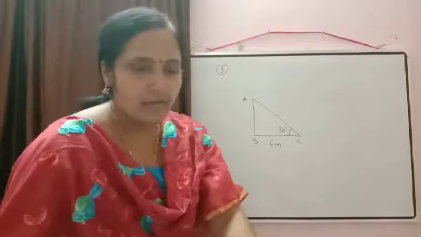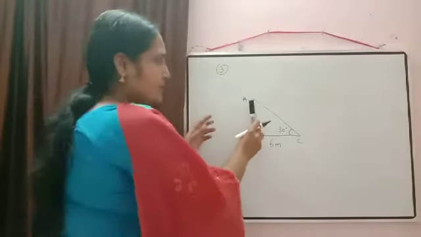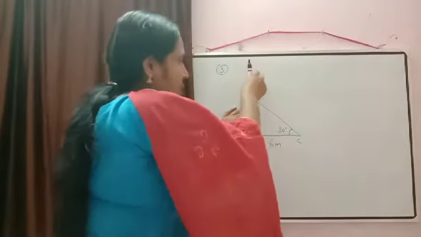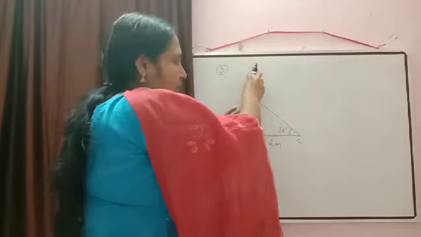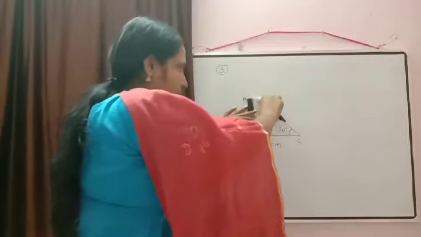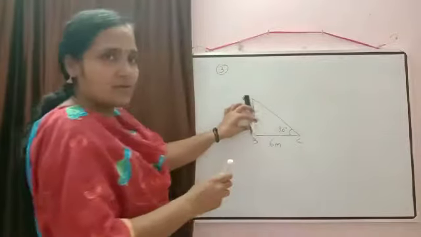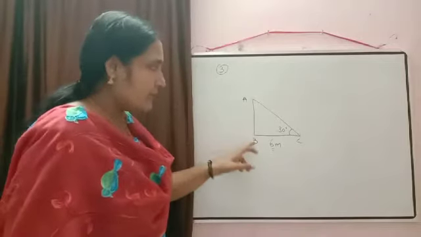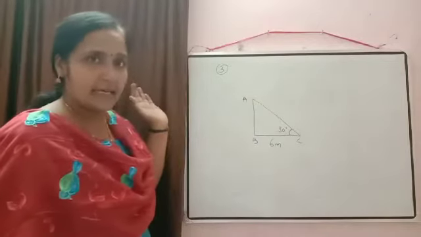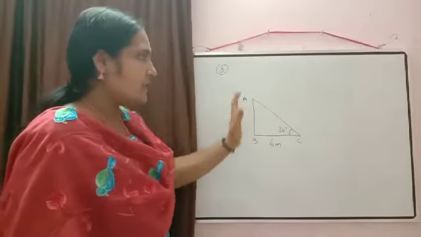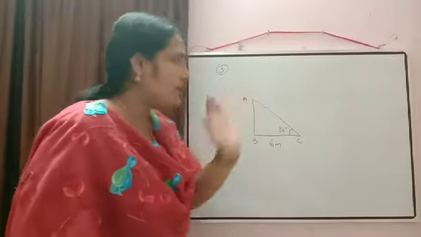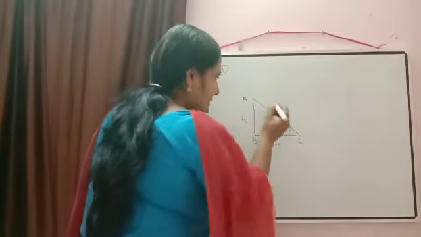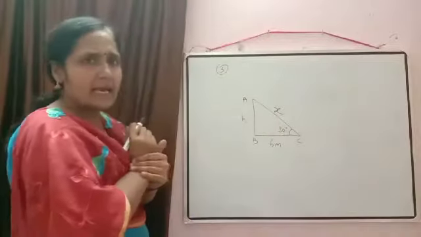As you can check, what will be the height of the tree? Yes, this one was the first remaining portion there. Our total tree was in this way. Then due to storm, the tree breaks down and the top of the tree touches the ground there. So if we have to calculate the height of the tree, what do we need there? We need the value of AB and AC. Correct? Clear? Height of the tree means we want the value of AB and AC both. Okay. So AB we can take as H and AC for our convenience I am taking as X there.